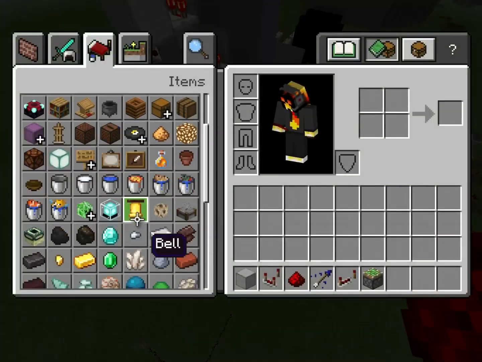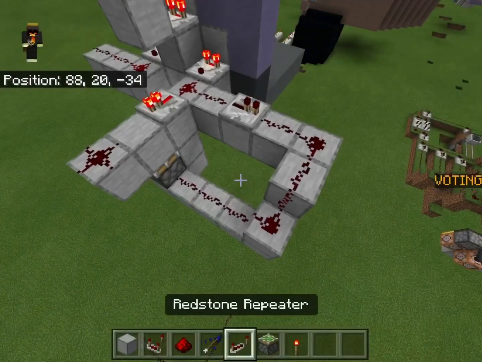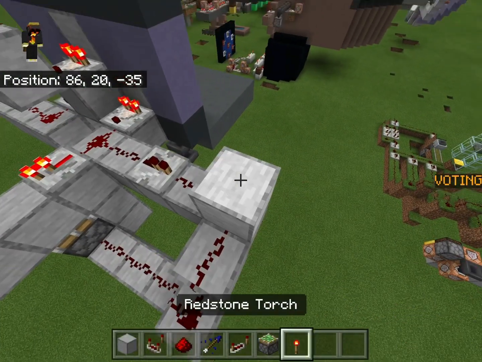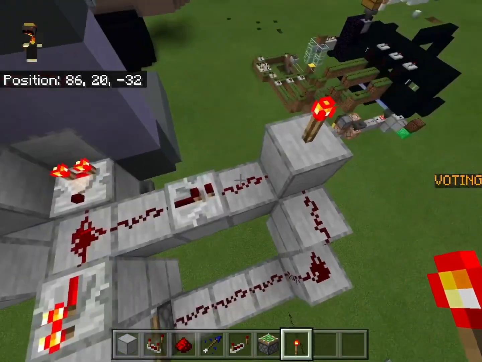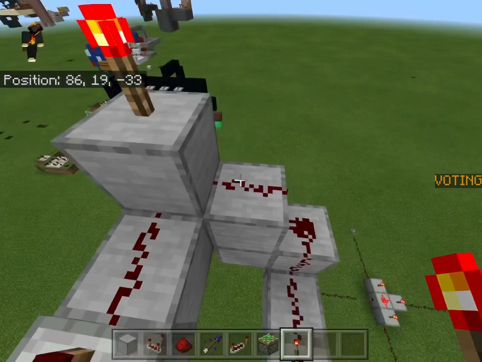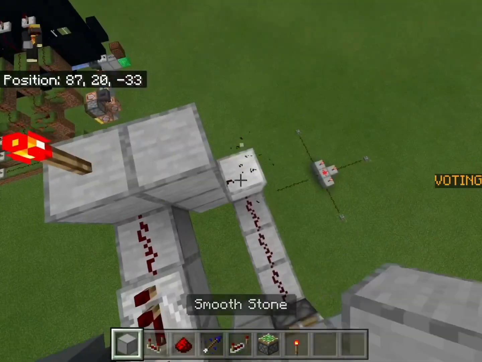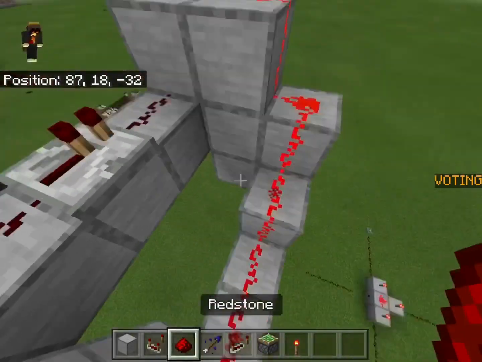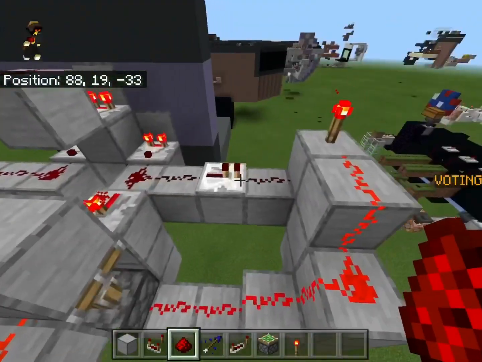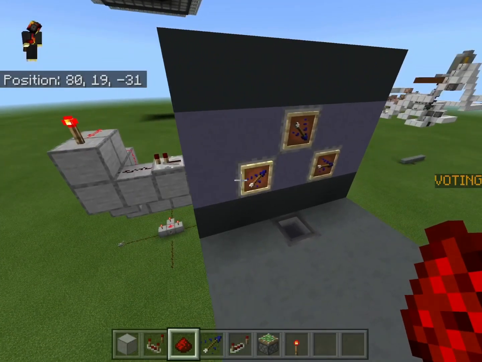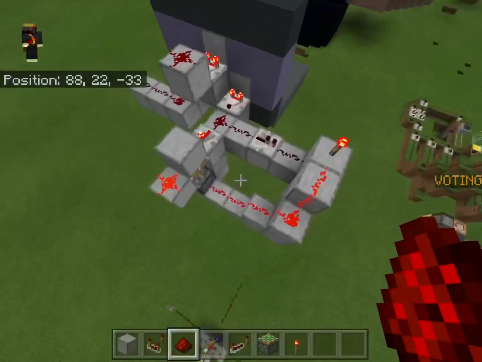So we want it to be the opposite of that. So we need to get our redstone torch, and we are going to place this right about here, I guess. And you're going to place it one block up from the redstone, okay? So if the repeater's here, then place it one block up. And then we're going to make a staircase down from it, but on the same block, so that it lights up, and like that. So now, if I move it back to the first position,